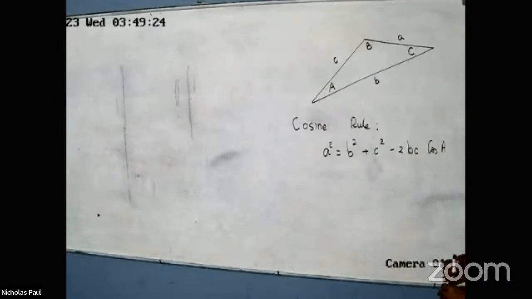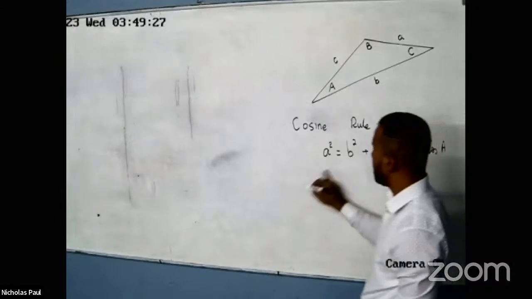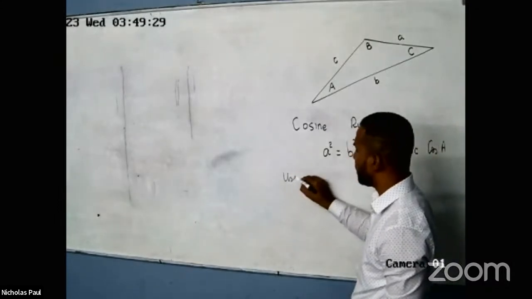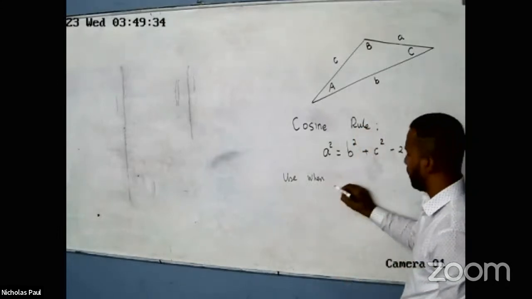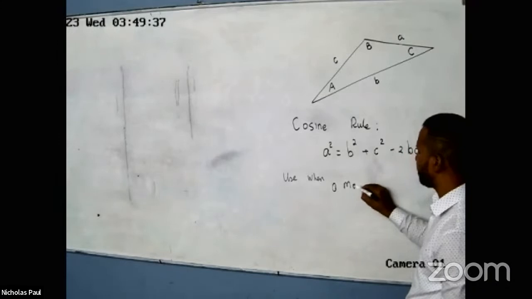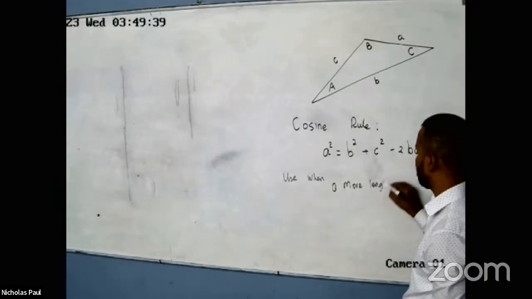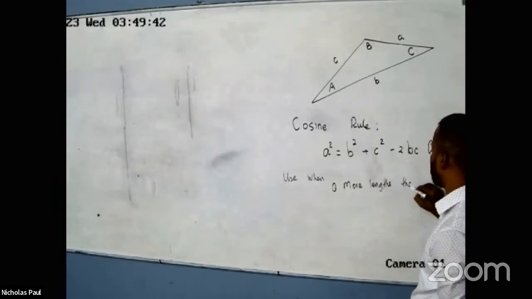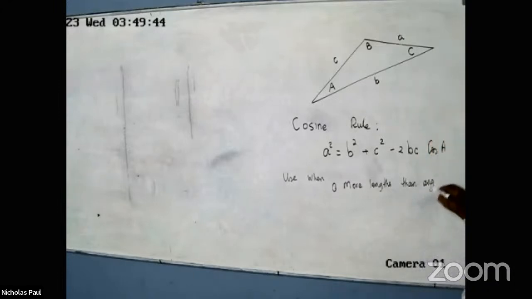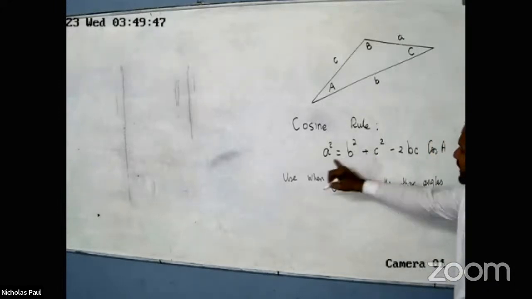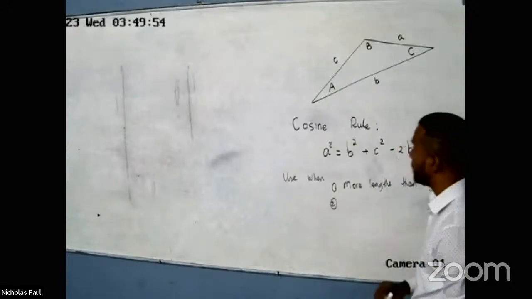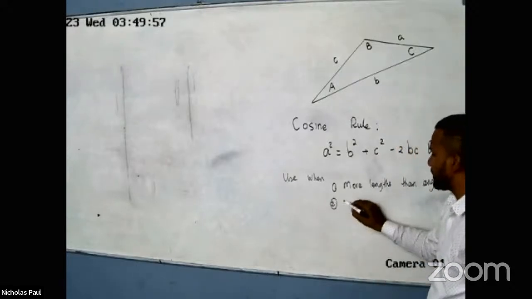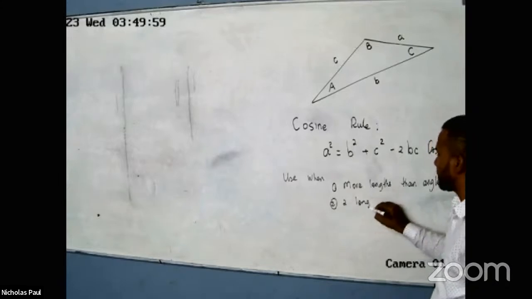Everybody okay with that? So when do we use this rule? Generally, we use this rule when we have more lengths than angles. So when you have three lengths and an angle, you'll use this rule. And next time, we could also use this rule whenever you have two lengths